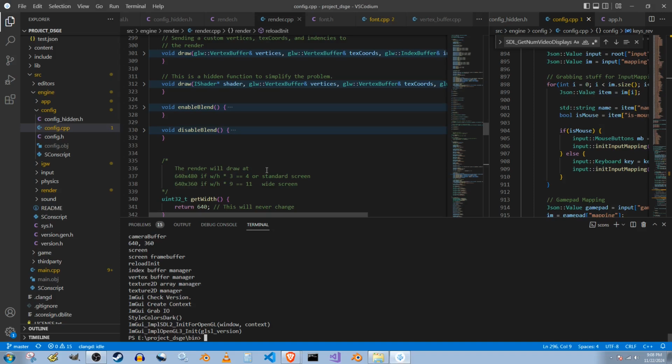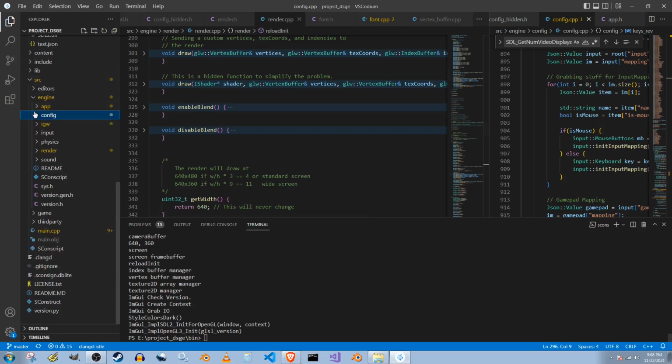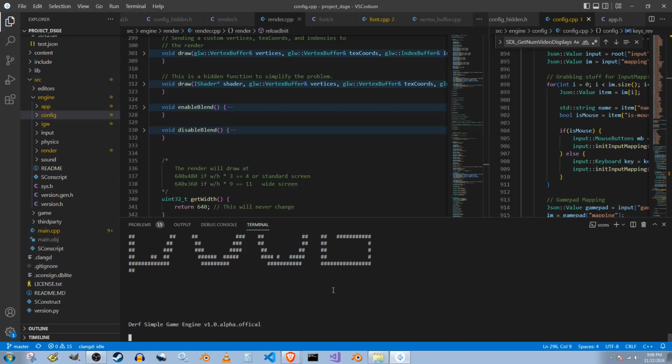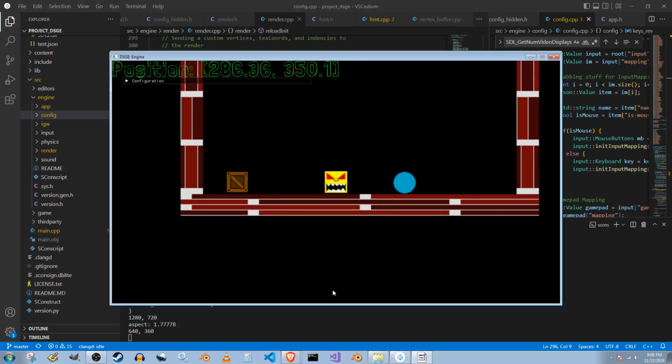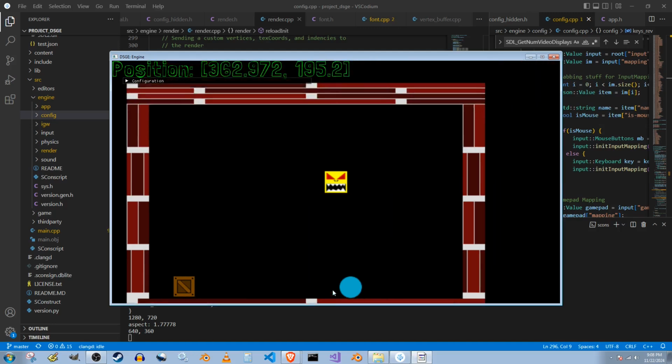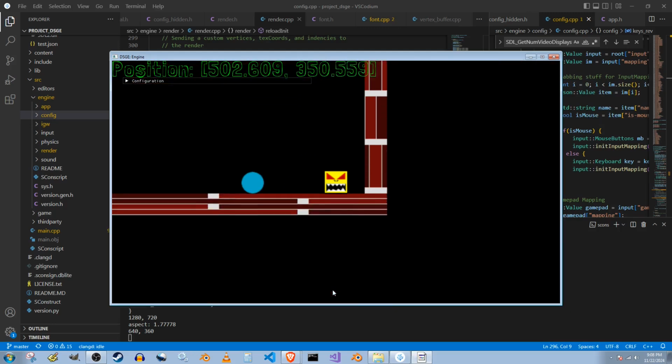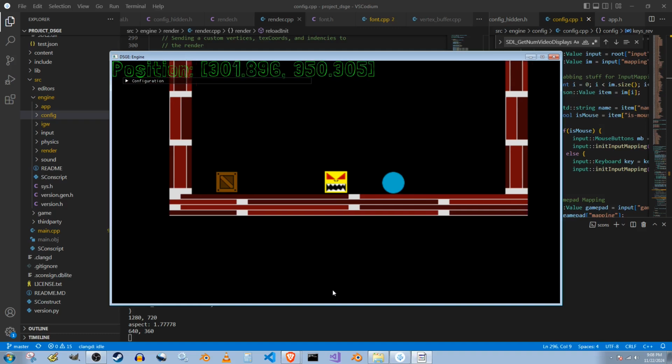Yeah. Well, let's get this application started. As you can see, I implemented physics finally. I am not using Box 2D. I decided to go with